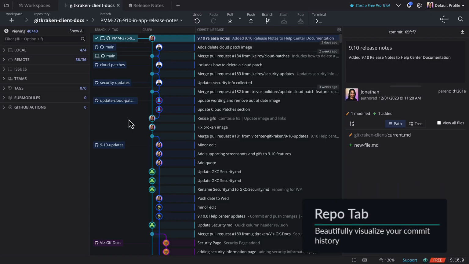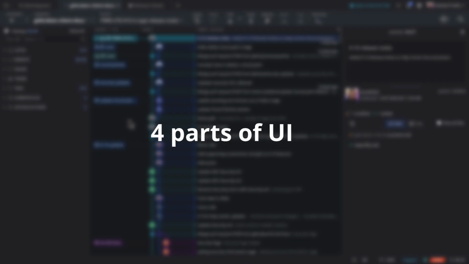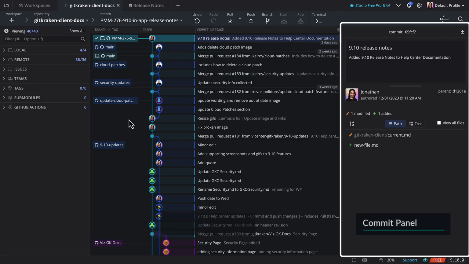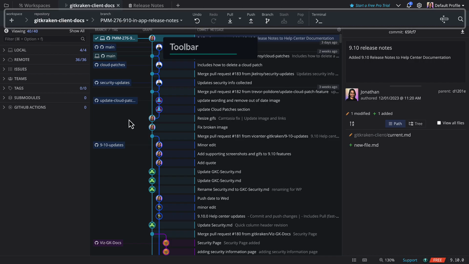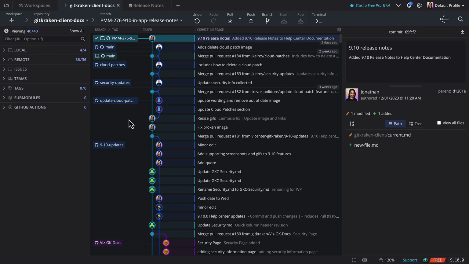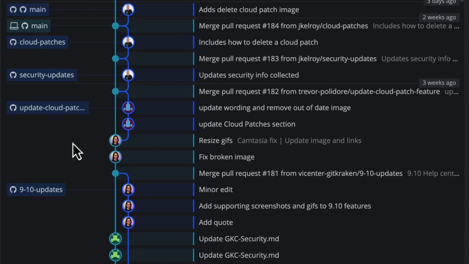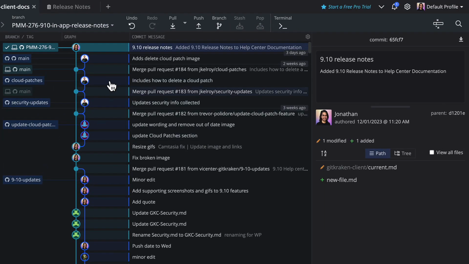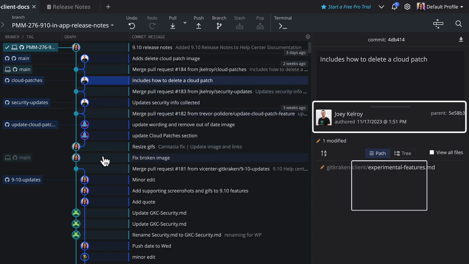When you open or clone a repository, you'll see your repo history beautifully visualized. There are 4 major UI areas we're going to talk about: the commit graph, the commit panel, the left panel, and the toolbar. The commit graph beautifully visualizes your commits and branches for easy exploration of your commit history. When you click on a commit, the commit panel on the right will show author details and list what files